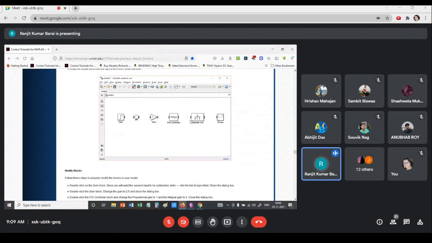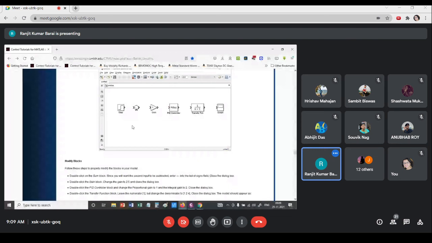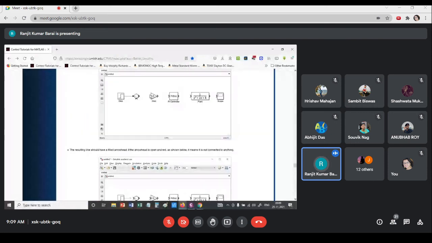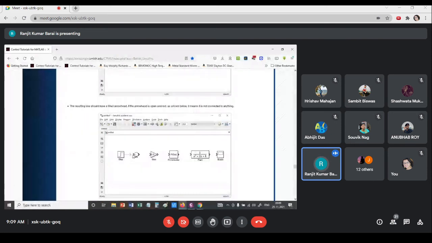And the rest of the blocks will have an input port as well as an output port. So you just have to connect them. They are connected one by one. If you do not terminate the connection, it will look like this. Once you drag it and leave it up to here, automatically they will get connected.